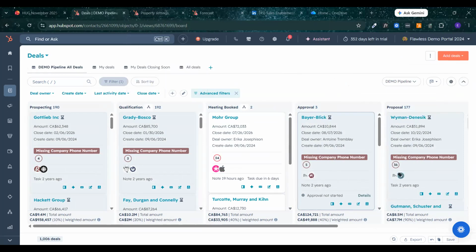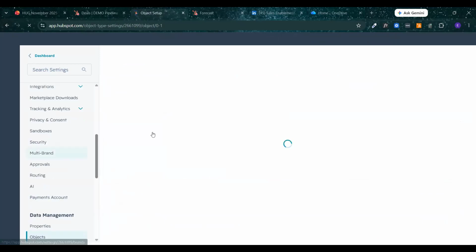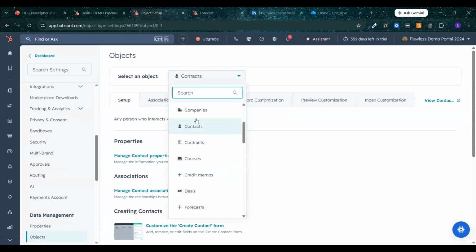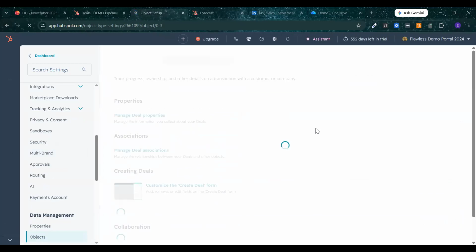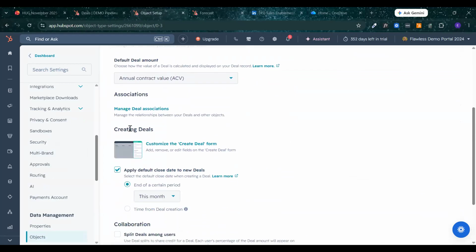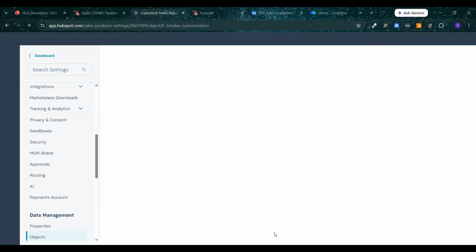All right. So I know we are getting close on time here, so I do have forecast as well, but I do want to make sure I get to the questions. So there was a question regarding customizing the deals. So I'm going to just jump into that. You can set up the customization in here, so the actual properties, and then I think it's this one. No, that's the preview index.